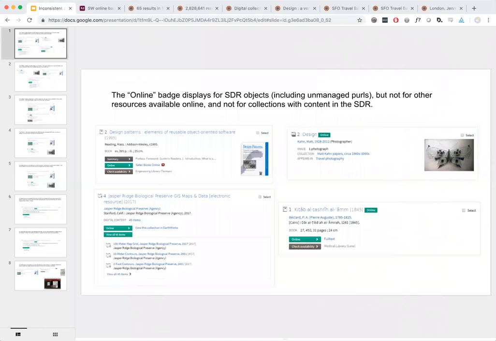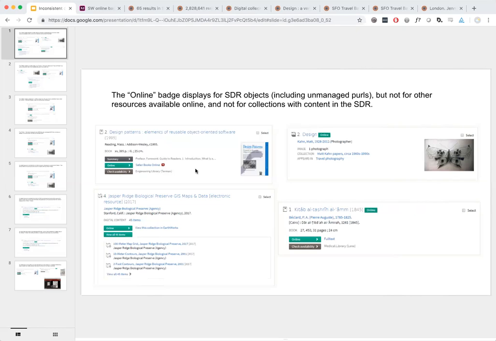So starting with the search results, this is one of the initial analysis documents that was done before we started work on this, showing some of the inconsistencies with the placement of the online badge. The online button that has a different behavior can be expanded to show that there might be more than one source for this item. The digital collection record here shows that there are actually 3 redundant links to the same content. And I just want to point out the summary in this record that is grouped with the online and